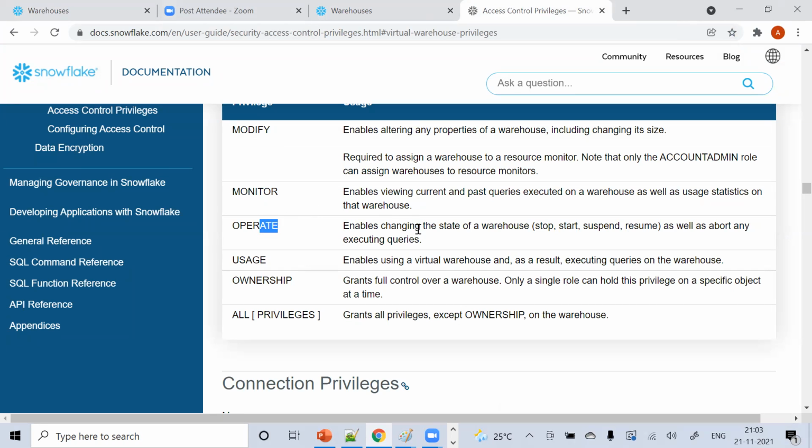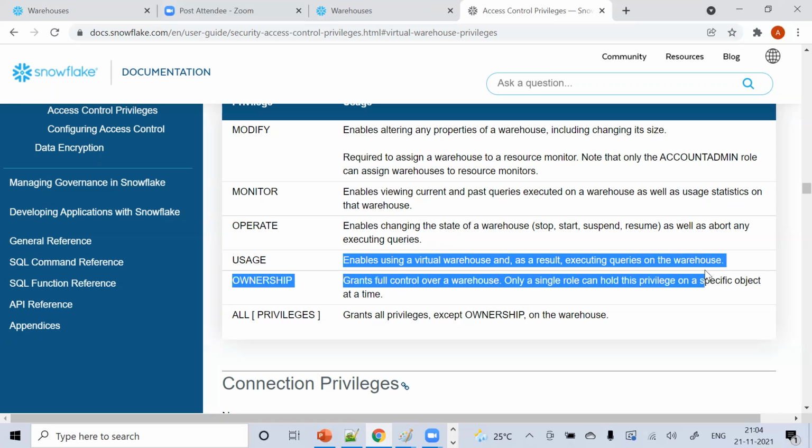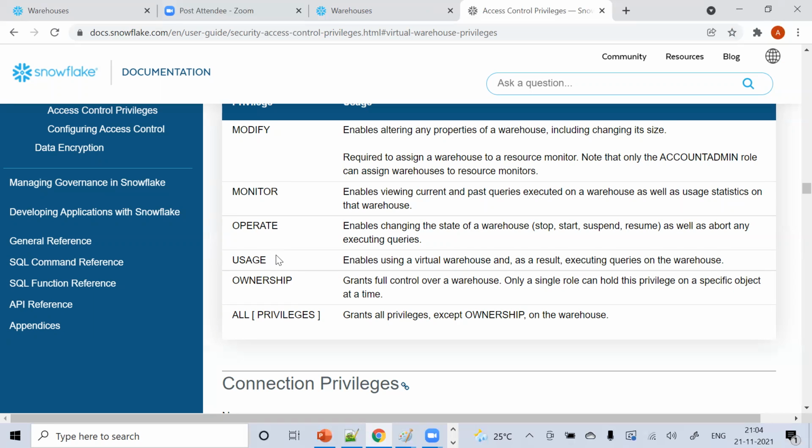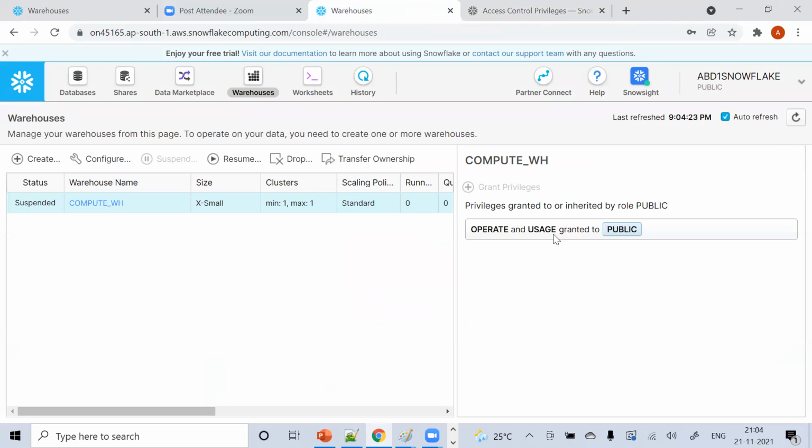Operate means it enables changing the state of the warehouse. That is, it will be able to start, suspend, resume, as well as abort any executing queries. Usage means it enables using a virtual warehouse and as a result executing queries on the warehouse. So unless you give the usage privilege, you will not be able to start a warehouse. That means when I give operate and usage access to this public role,